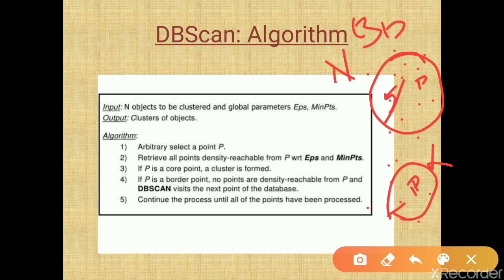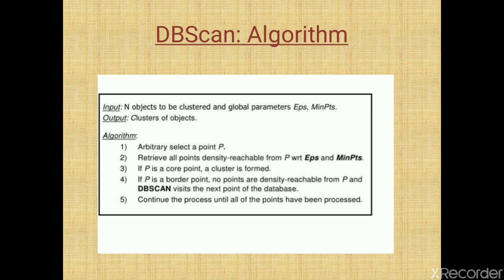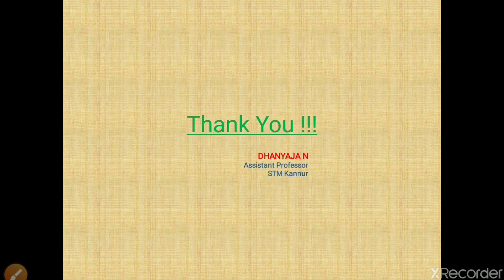And next are the 3 types of data points: core point, border point and noise point, what each concept is and how this algorithm works. So, that is all about the DB-scan algorithm and how it works. That is all for today's class. Thank you.